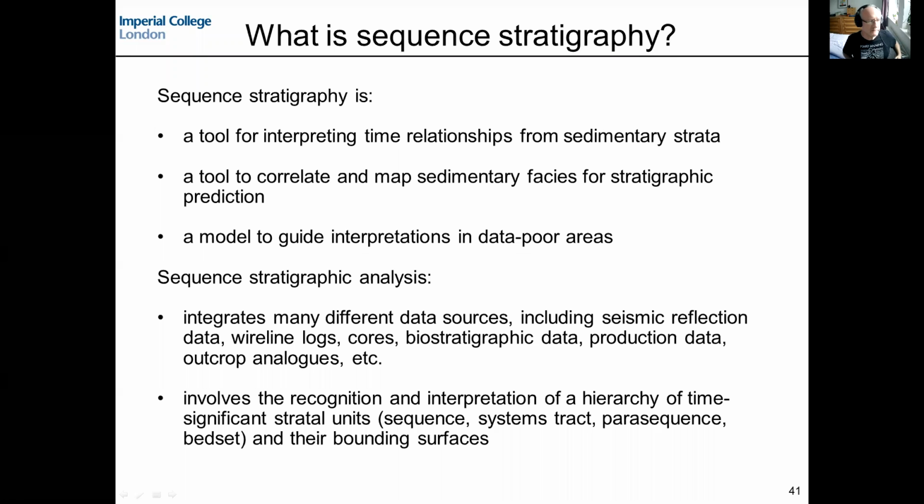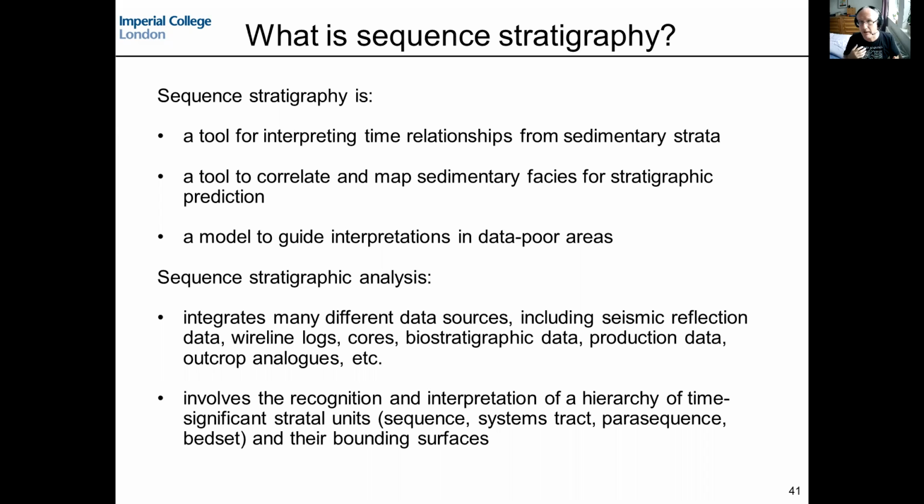Okay, so what we're going to consider now, having had a broad overview of the theory and some of the models in sequence stratigraphy, and then a practical thinking about time relationships within strata, is some of the complications and some of the reasons why those models may not be so straightforward to apply. So just as a reminder, sequence stratigraphy is a tool for interpreting time relationships and a tool which